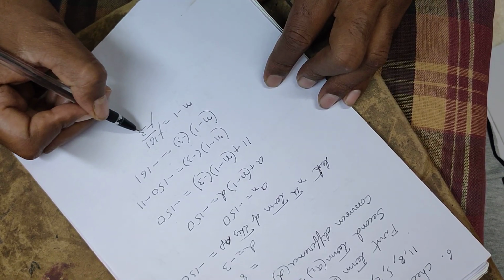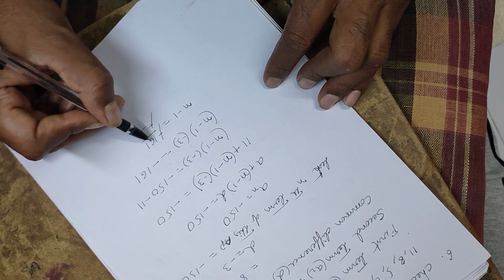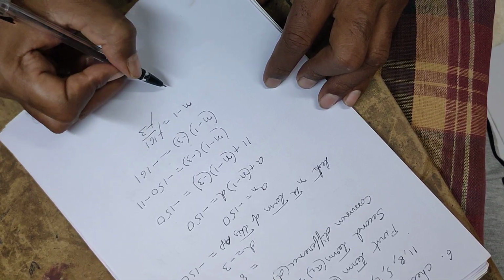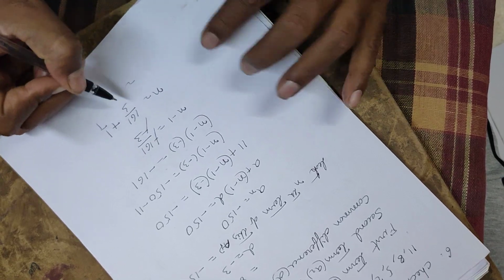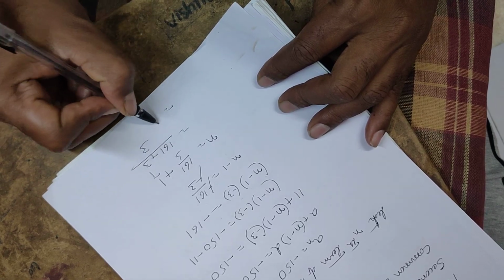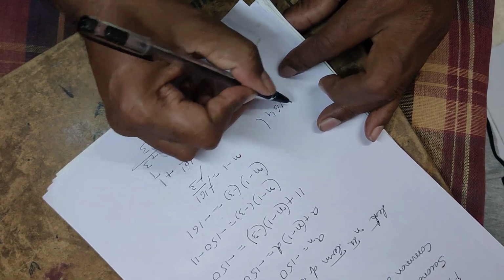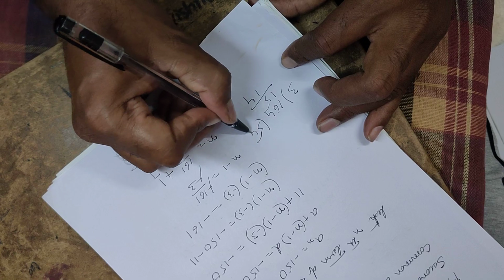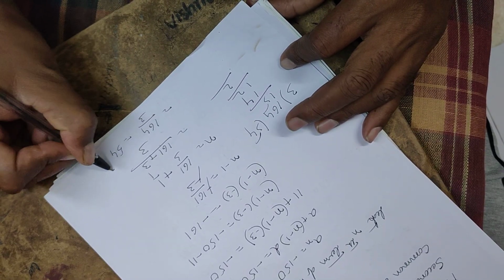So you know the divisibility rule of 3. The digits of 161, if you add 1 plus 6 plus 1, you are getting 8 only. So it won't go in the 3 table. So n is equal to 161 by 3 plus 1. If you take the LCM, 3 will come. 161 plus 3, 164 by 3. 164 by 3, if you do division, 3 5s are 15, 14 is there, 3 4s are 12, 2 is remained. You are getting 54 2 by 3.